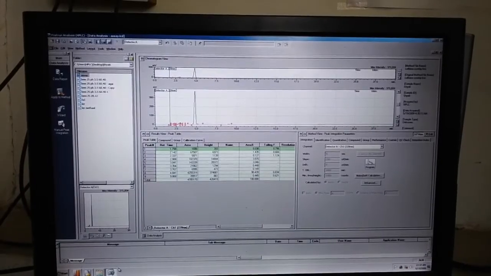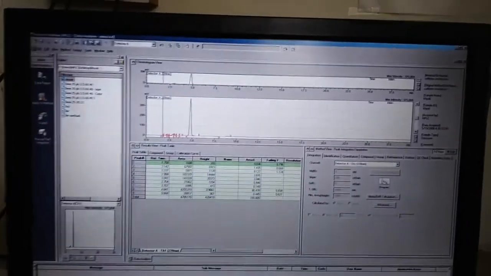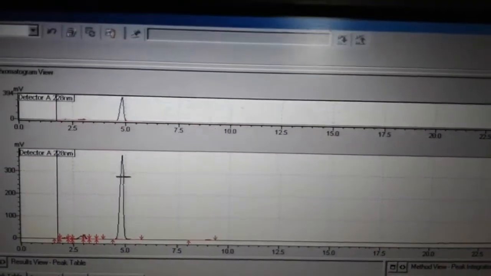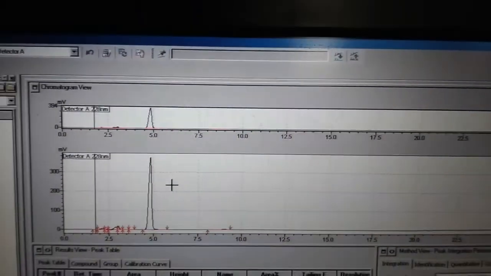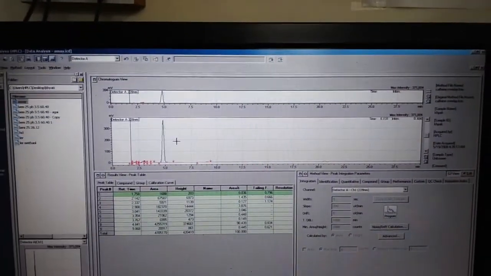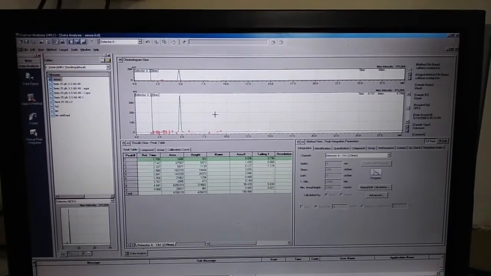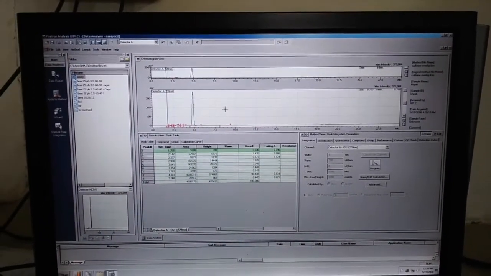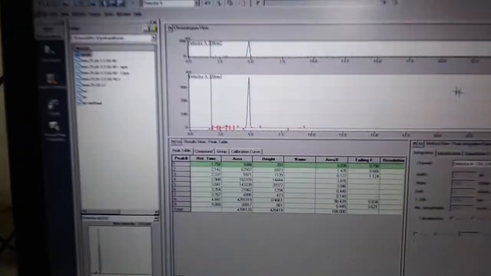After 10 minutes of run time, you get a chromatogram like this, which shows the peak of your compounds. If a single compound is injected, one peak appears in the chromatogram. If more than one compound which are present in a mixture is injected, more than one peak is shown in the chromatogram.